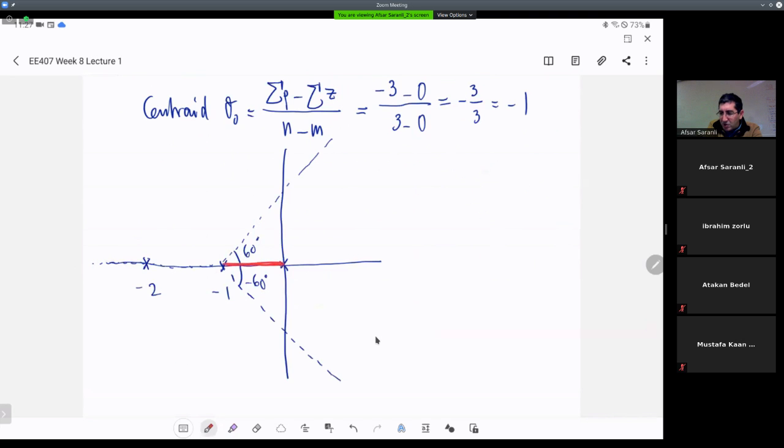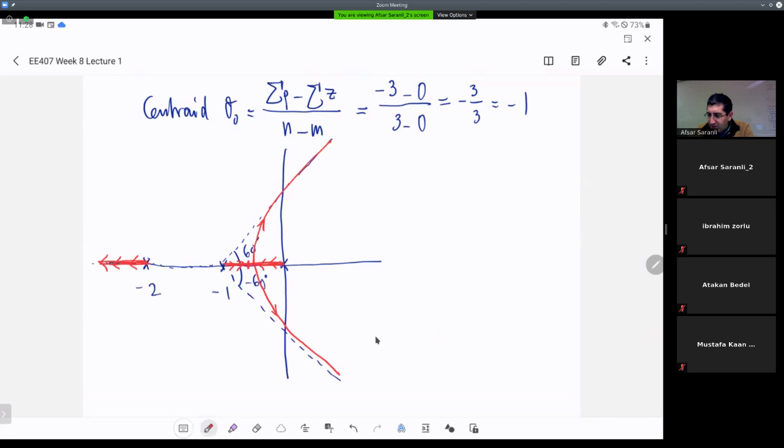Okay, and this region is part of the root locus. So root locus starts at the open loop poles. There will be a breakaway point here. And also this asymptote will have this branch as well. So there will be a breakaway point and we will have,